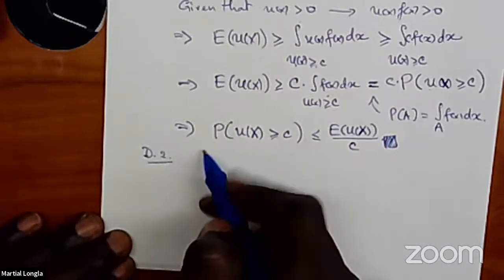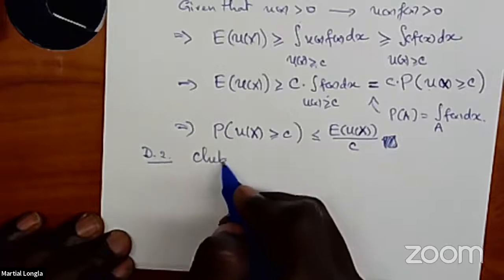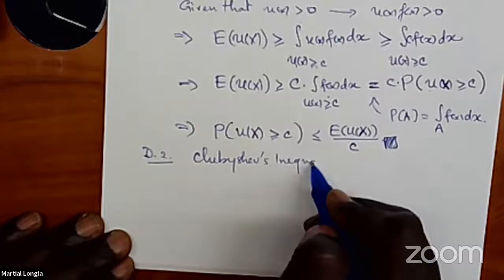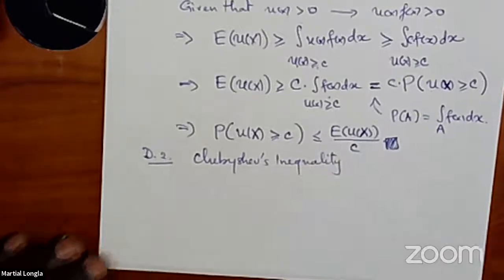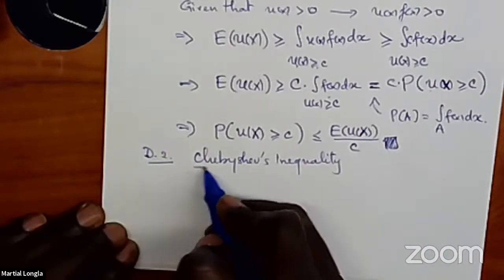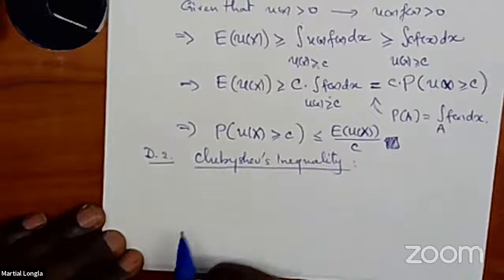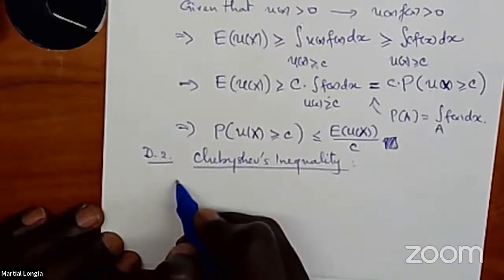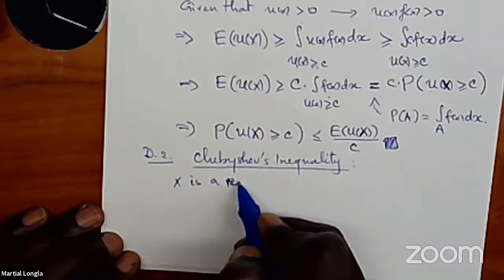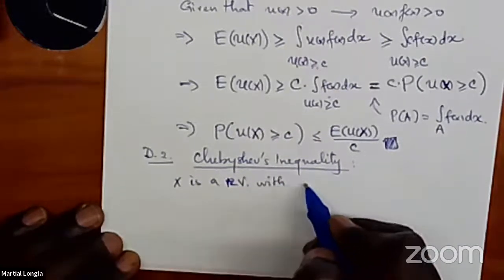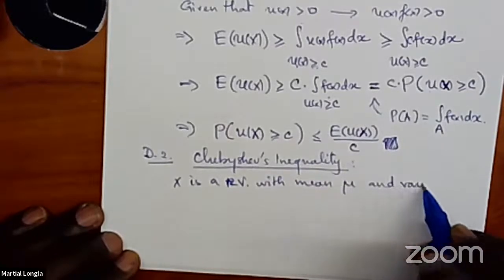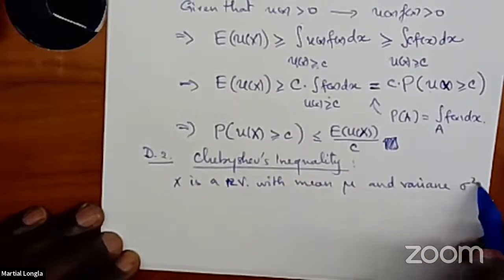So we have Chebyshev's inequality. If x is a random variable with mean mu and variance sigma squared,